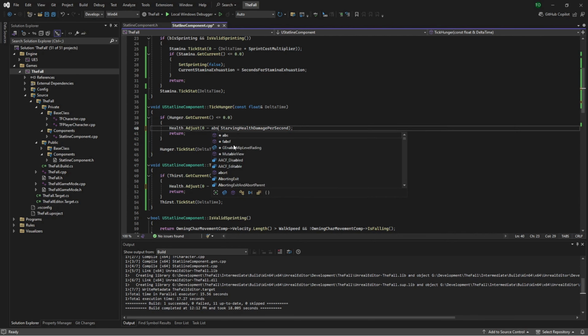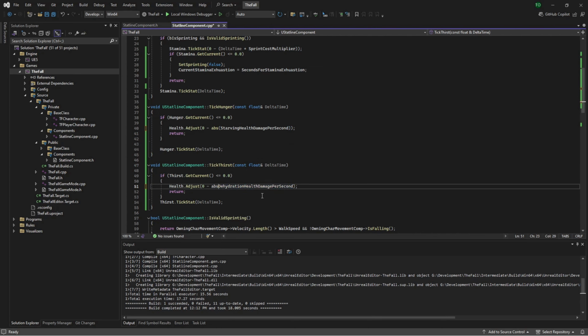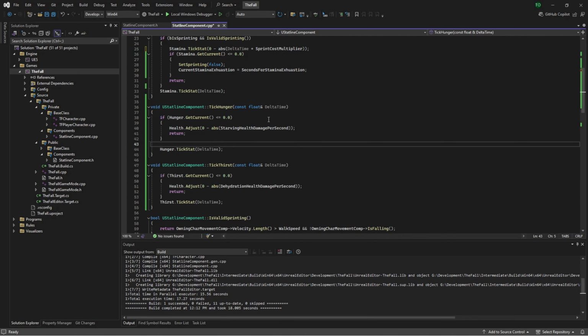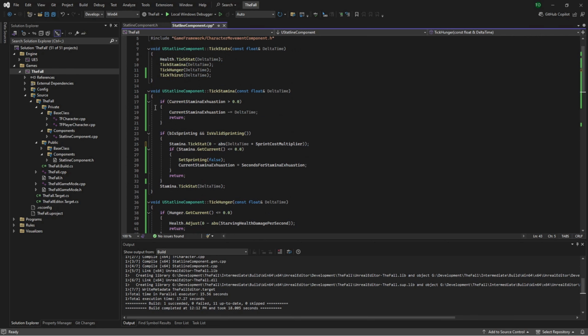you can do ABS, and that is just the absolute value. So that is, if this is a negative number, we're going to make it positive just for the purpose of this use here. And we can do the same thing here, ABS. So